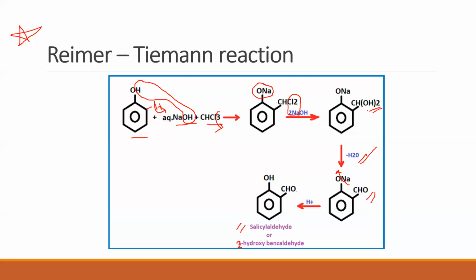Now, once again, there are more than one OH groups attached to carbon, so there is removal of water. When there is removal of water, you will get another functional group. I will not mention which functional group that is. I want you to do it and then discover for yourself. Finally, H plus will remove Na plus, H gets substituted to give you another polyfunctional compound, which is something that we have already come across in this chapter. So that's a hint for you.